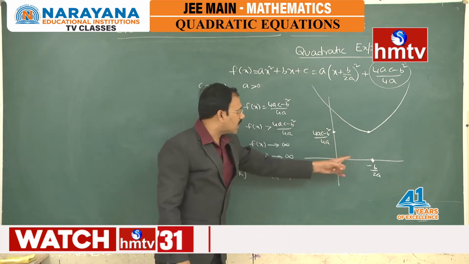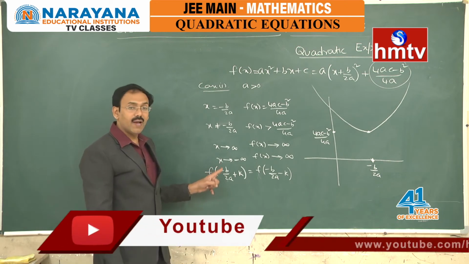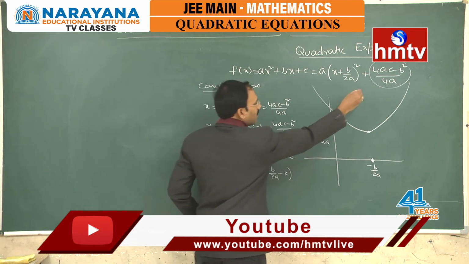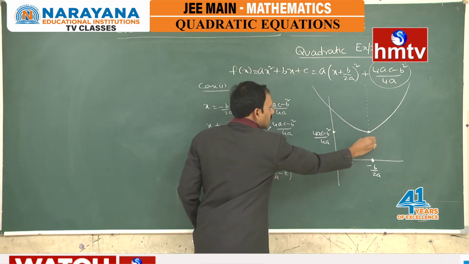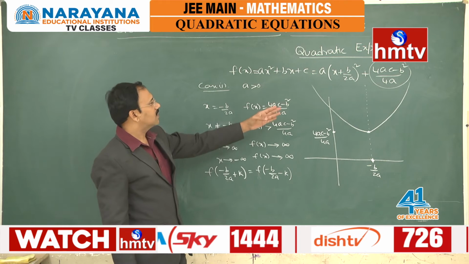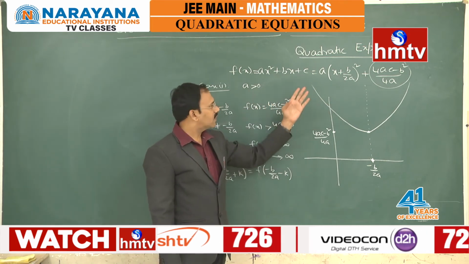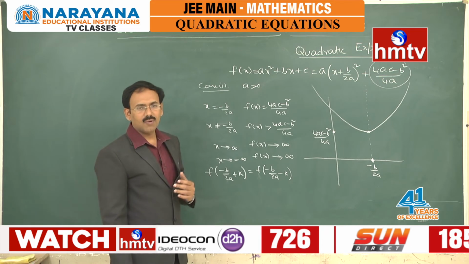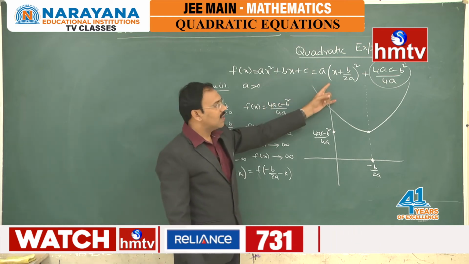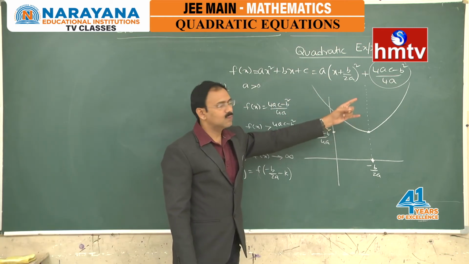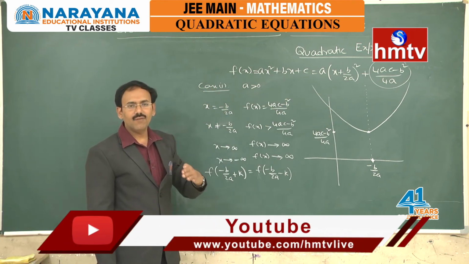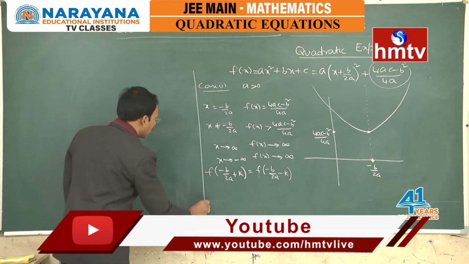Secondly, it is symmetric about −b/2a, because f(−b/2a + k) is equal to f(−b/2a − k). It is symmetric about the line x = −b/2a. And algebraically, we can observe that it will be a parabola. We can convert it into the equation of a parabola like x² = 4ay. And moreover, its derivative exists, it is a polynomial, so it is a smooth curve. Overall, the graph of this expression will be like this, from which we can observe a few important points.